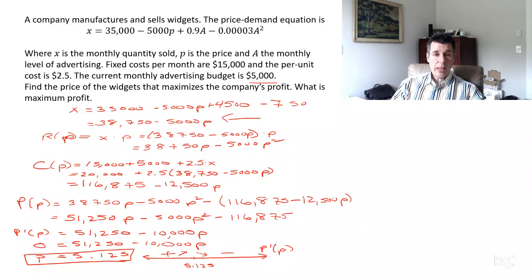And let's think about when P is large enough that P is the biggest it can be so that X is now 0. Well, R of P clearly is 0 because X times P, X is now 0. So there's no revenue coming in. And we're not producing anything because our price is too high, but we still have fixed costs of $20,000. So that's got a negative profit, and so that has to be worse. So P equals 5.125 must be the maximum profit. And we plug 5.125 into our profit equation, and we will find out